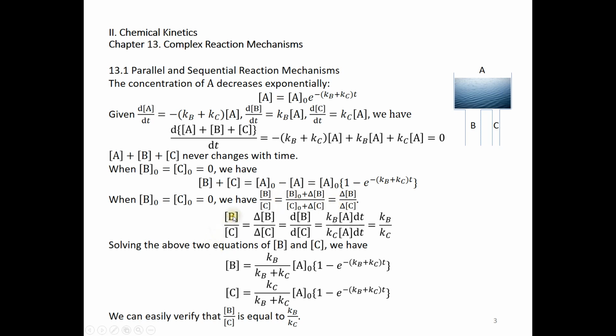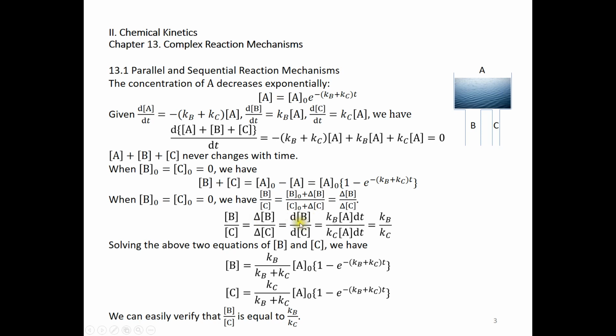So again, the change of B over the change of C is equal to B over C. So we just need to get a ratio between B and C. And this delta B over delta C is dB over dC. Okay, because we can just integrate both sides, or we can have this delta approach 0 or approach infinitesimal, and